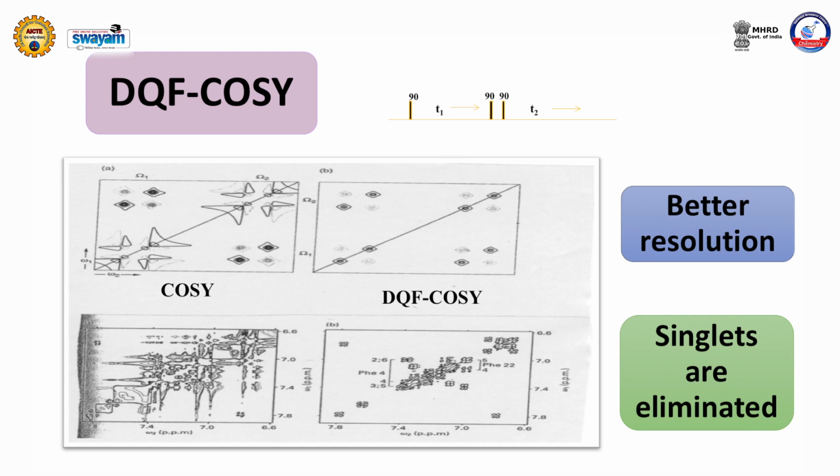But in contrast, the one on the right side, which is the double quantum filtered COSY, shows clearly the diagonal peaks and a number of cross peaks which are close to the diagonal, which can be easily analyzed. Therefore, you can connect the various peaks in an unambiguous manner in this double quantum filtered COSY. This was a major development. Such developments have been happening,